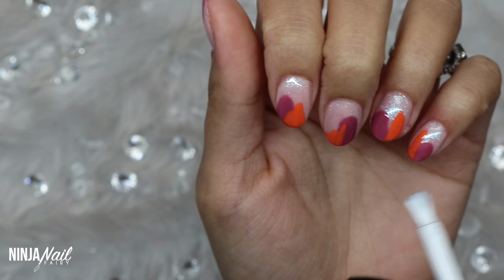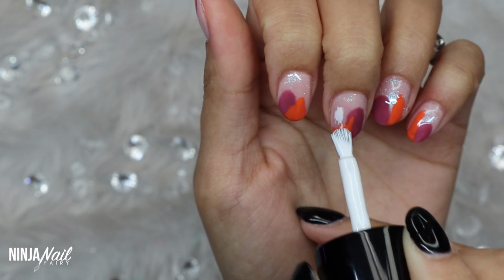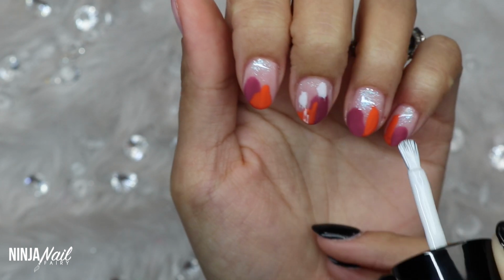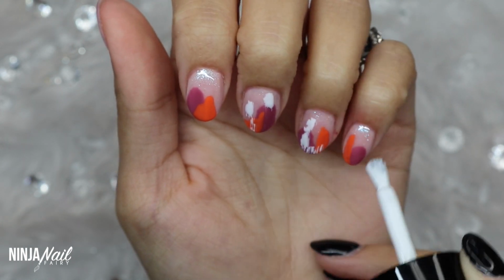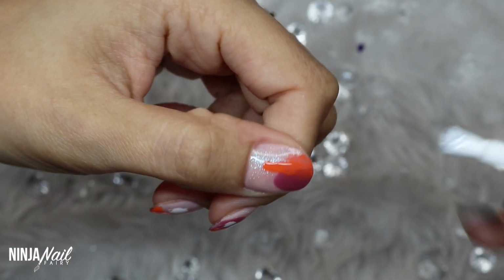Just choose some colours that complement each other nicely and just begin to layer them up. And once you've finished and you add that top coat on, everything just seems to flow. It's a beautiful technique to have and a beautiful technique to be able to offer to your clients,